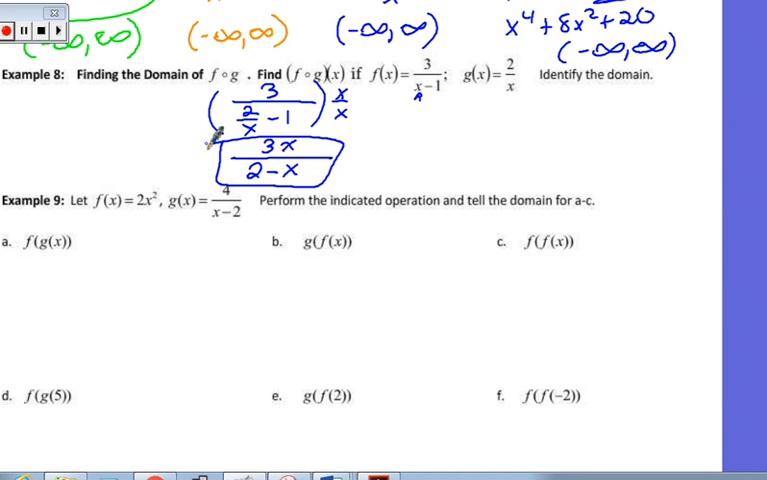Now let's talk about domains. First you want to look at the 2 original functions. For f of x, x cannot be 1 because it would drive that denominator to 0. We would never be able to put them together in the first place. I take that back. Sorry guys, you want to look at the first function, g of x. What x cannot be there